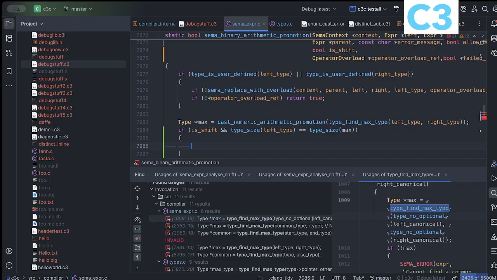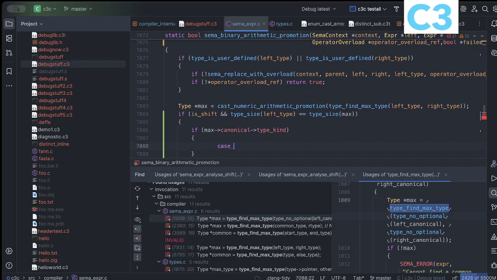And then if we are seeing that if max, max canonical type kind